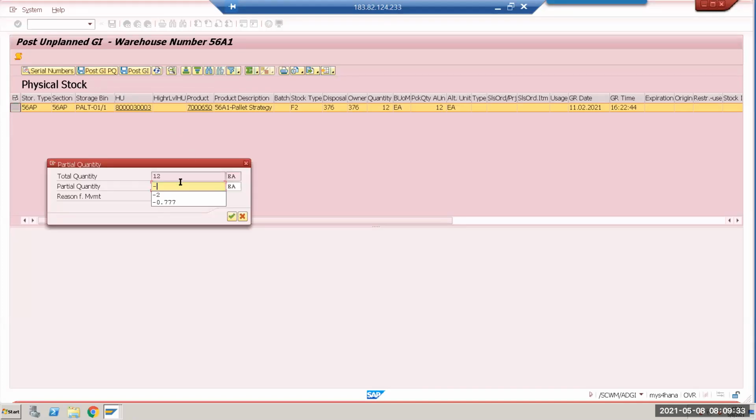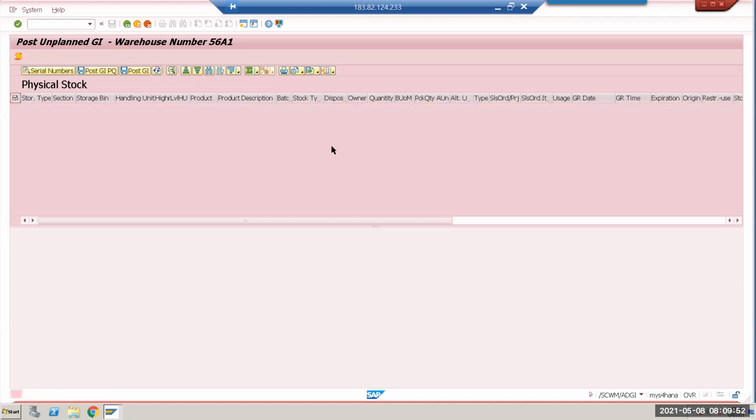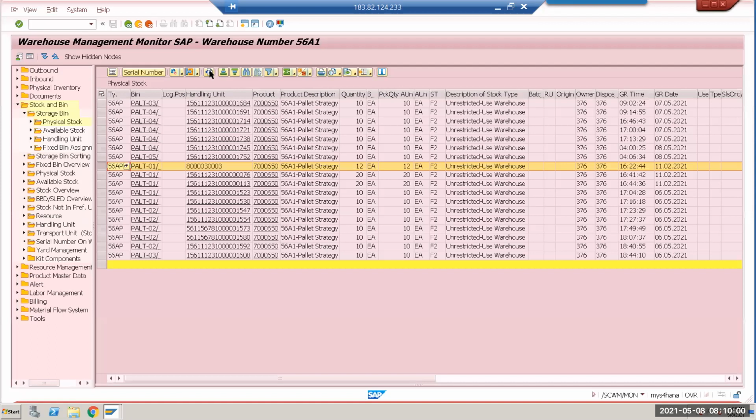It's a deadly transaction, Raju. You shouldn't make a deadly transaction. Okay, I can increase that. This my stock right now 32. Okay, like that you can increase it. Even you can also decrease it with post GI. But remember, if there is no stock, if there is no HU over here, you cannot increase like this. But at least one quantity should be there. Then only you can do all these things. Okay. So now I zeroed out. So this quantity is zeroed out right now. Okay, this is how to increase or decrease the quantity from ADGI. It's like a life hacking skill.